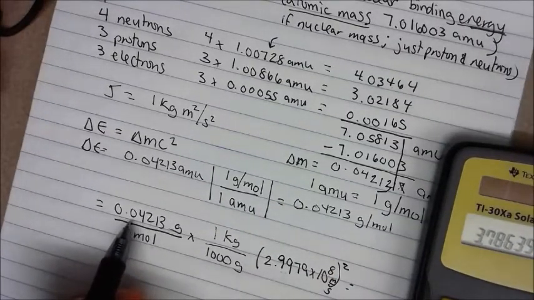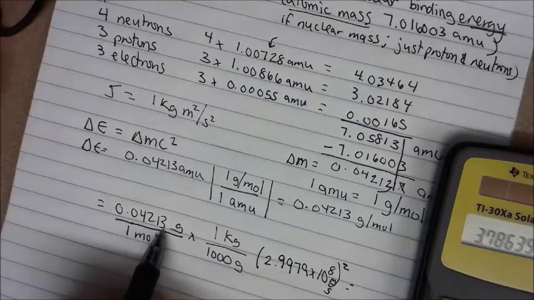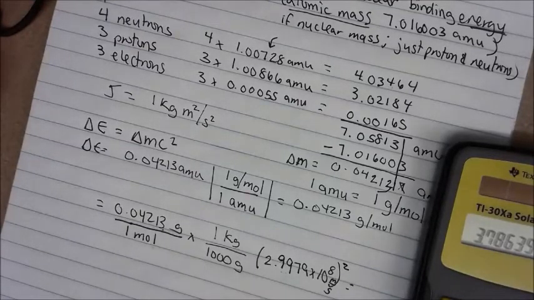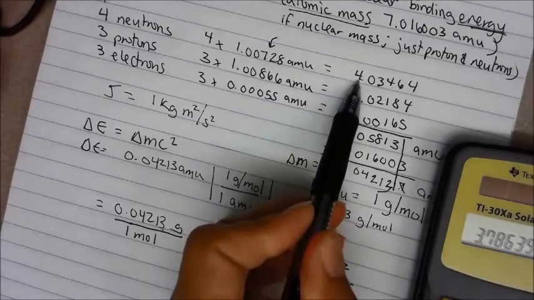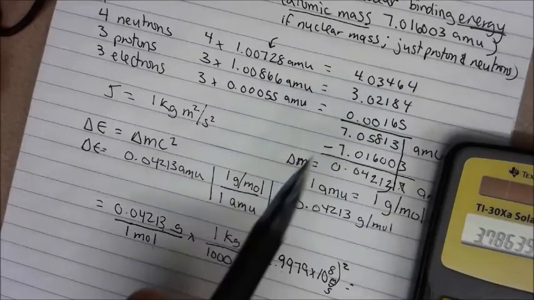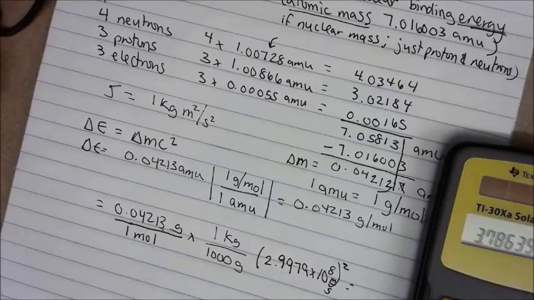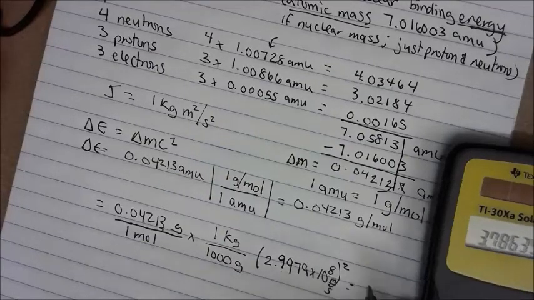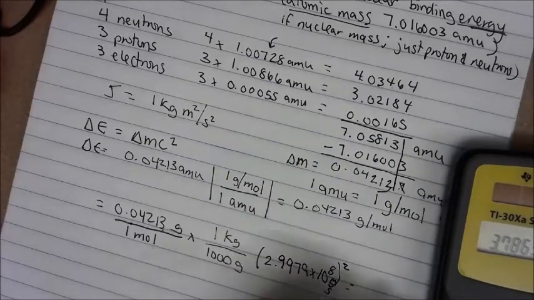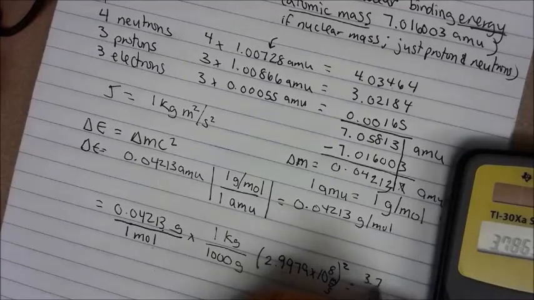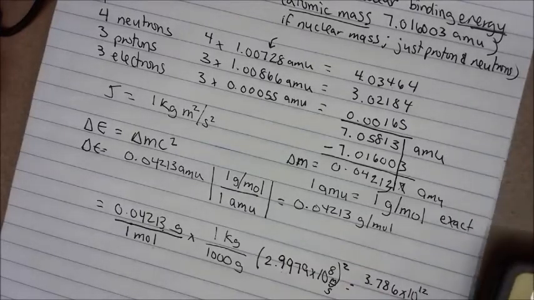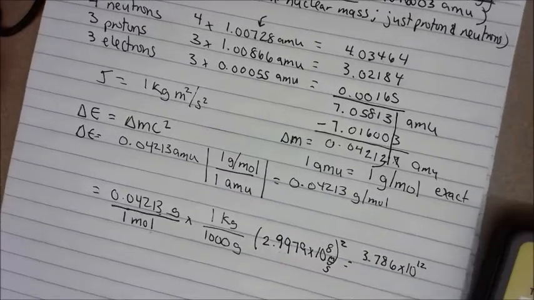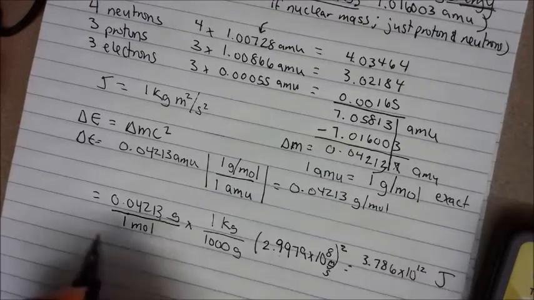Notice we have 1, 2, 3, 4 sig figs in our mass difference. Notice we started with numbers that had more than that, had 1, 2, 3, 4, 5, 6 sig figs. There is a loss of sig figs while you're doing this problem. Now careful, what are our current units? Our units are, yes, joules, because we've got kilogram, meter squared, second squared,